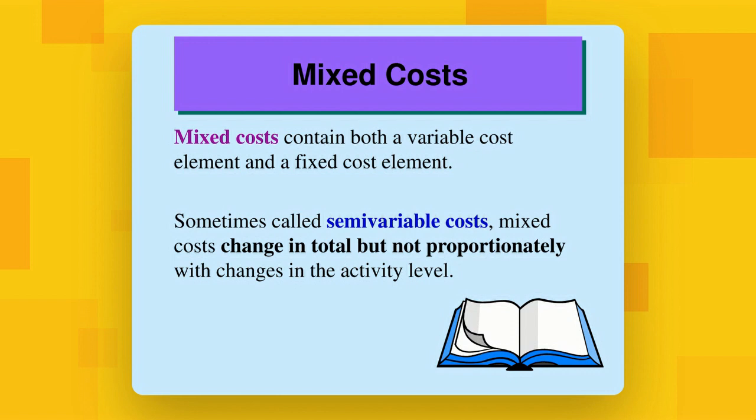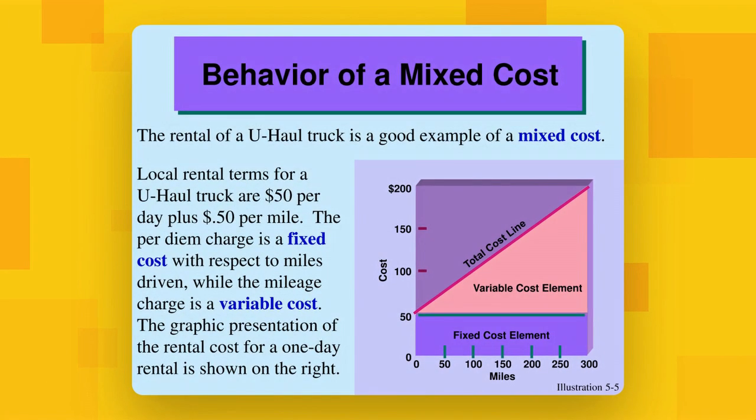Alright. So it is also known as semi-variable cost. Why semi-variable cost? Again, because of your variable and your fixed. Okay, so that's the reason why it is known as mixed or semi-variable. Sometimes, class, it is known as semi-variable because mixed costs change in total but not proportionately with the changes in your activity level. Alright, for example,